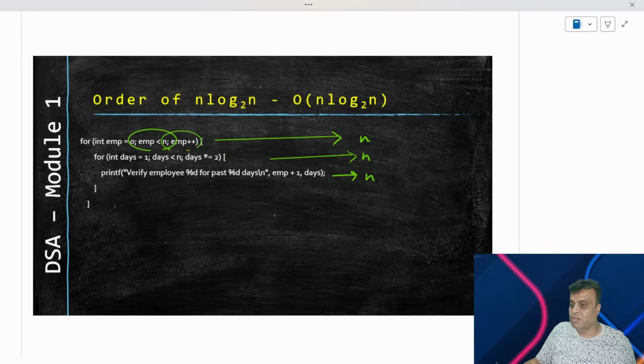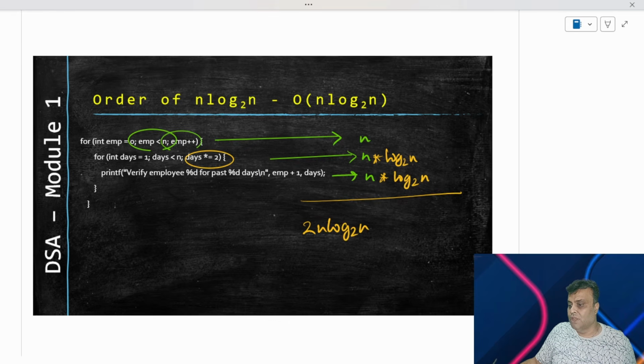We also have a loop here, and this loop has i star equal to 2, which means this loop will take log base 2 of n times. Everything inside that loop will also get completed in log base 2 of n times. So what do we have in terms of the total time complexity now? The total time complexity adds up to 2n log base 2 of n plus n. That's what it adds up to, right?